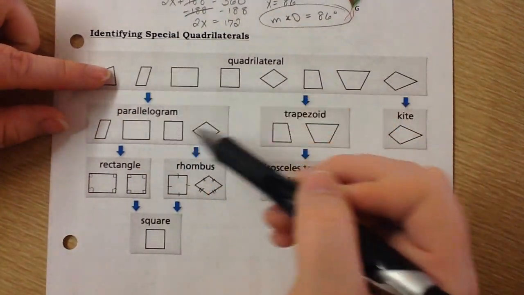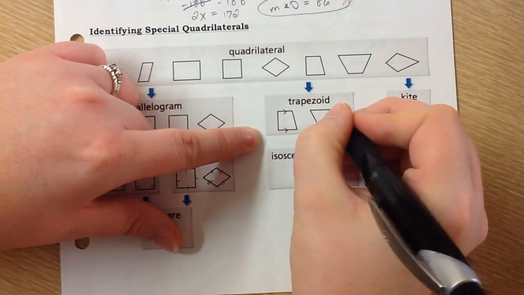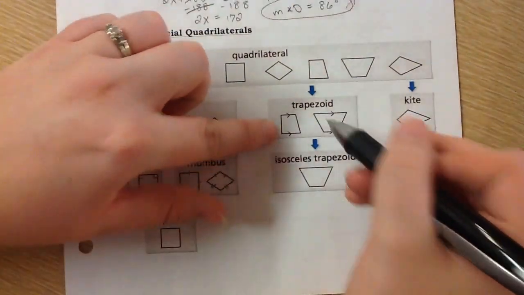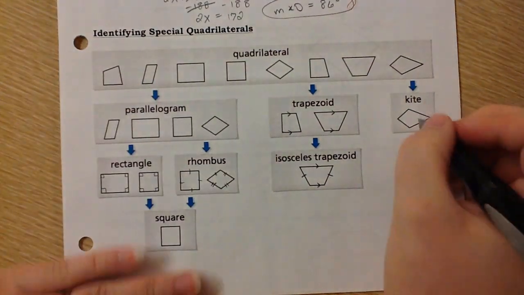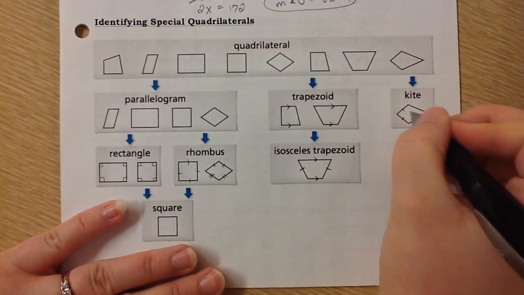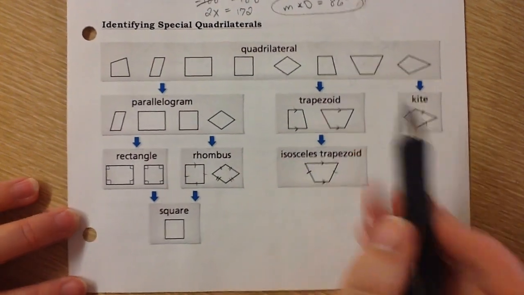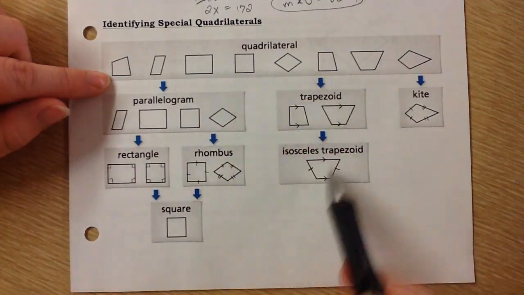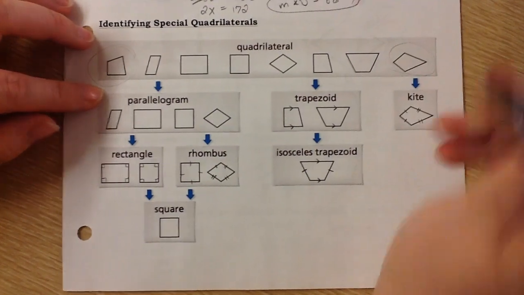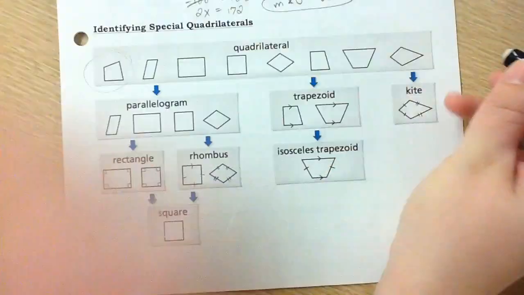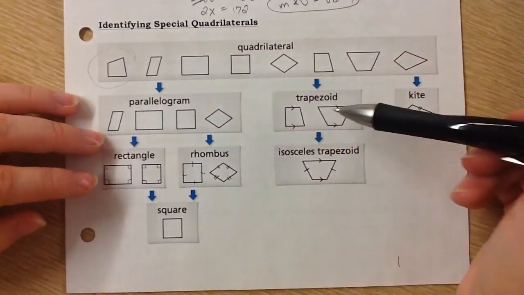But some quadrilaterals don't fit in this parallelogram group. Instead, they're in the trapezoid group because they have one pair of parallel sides. And then if the legs are congruent, we call them isosceles. Okay. And then we have some quadrilaterals we refer to as kites. And that's if the consecutive sides are congruent. But there are some quadrilaterals that don't fit in any of these categories, like this one here. Nothing parallel. Or this guy, oh, that guy's probably a kite. There are some that don't fit, that's not a parallelogram, that's not a trapezoid, that's not a kite,